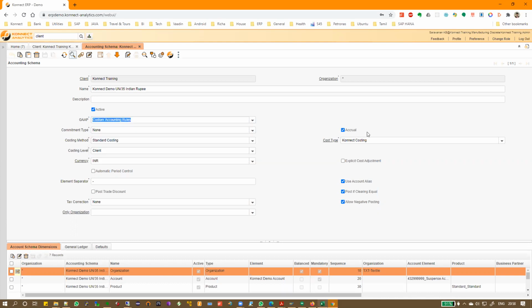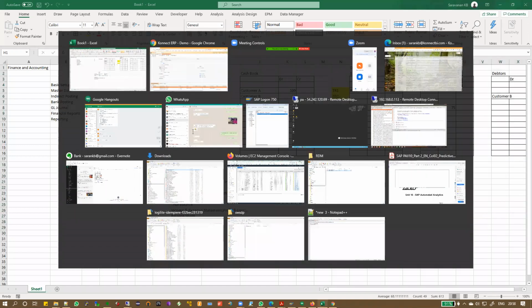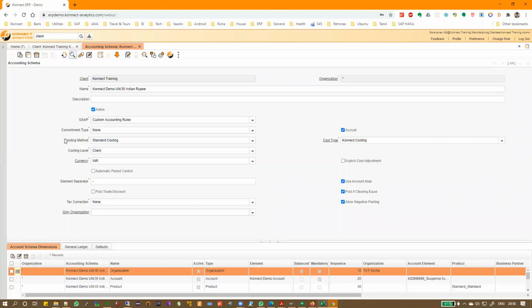And we use an accounting called accrual, so I won't go too much into that. This is standard, you have to do it like this only. Then the costing method, this is very important. People often get confused with this term. Costing has nothing to do with what I just told you. This is finance, this is not costing. What we're talking about is finance and accounting. There'll be a different training for costing, so let's leave that as it is.